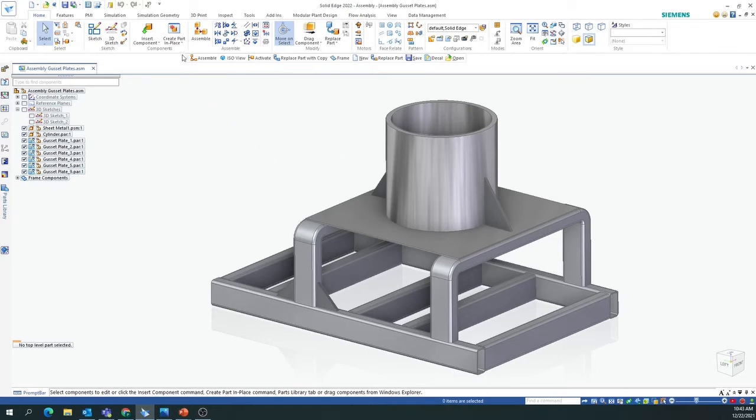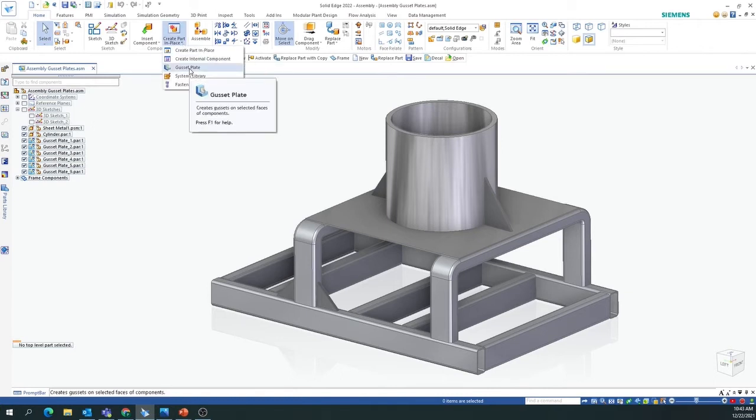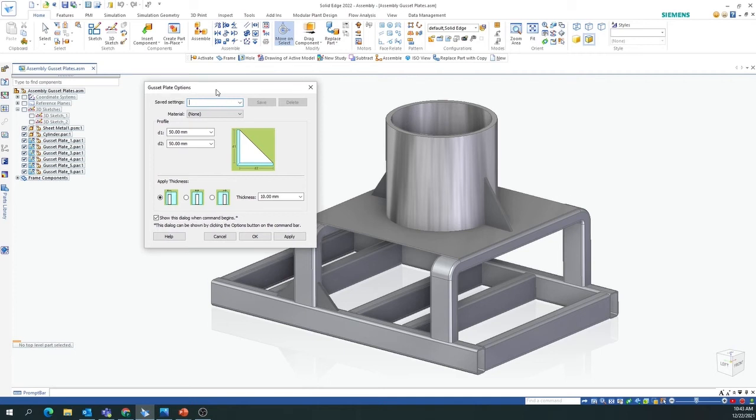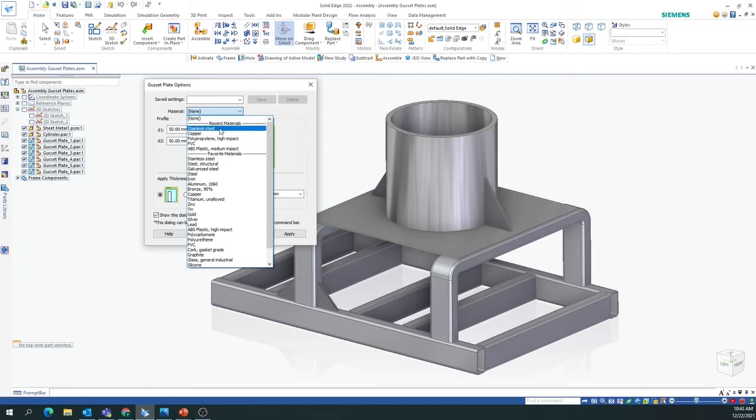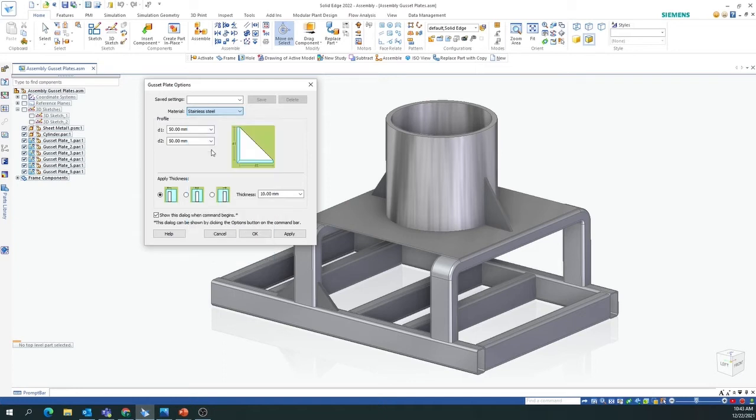To add the gusset plates, you can come to create parts in place. If you hit this drop down, you have the option to add the gusset plates. So once you select that, you get this option here. Here you can select the material that you want for gusset plates. So here I can select the material to be stainless steel, and then I have the option to give the dimensions. So I'll just give it the dimensions of 70 by 70, and then I also have the option to apply the thickness. So I'll just keep the default thickness as 10 mm,